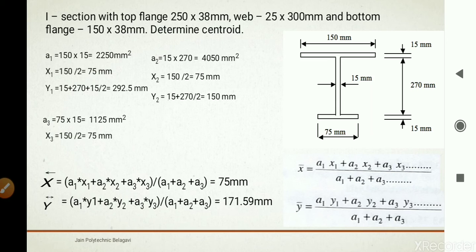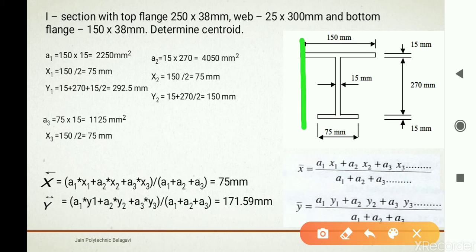Then x3 will be taken from the leftmost reference line. So this is the CG of section 3. From this to this it will be x3 distance, that is 150 from this y axis. So 150 divided by 2, it will be 75 millimeters, right?